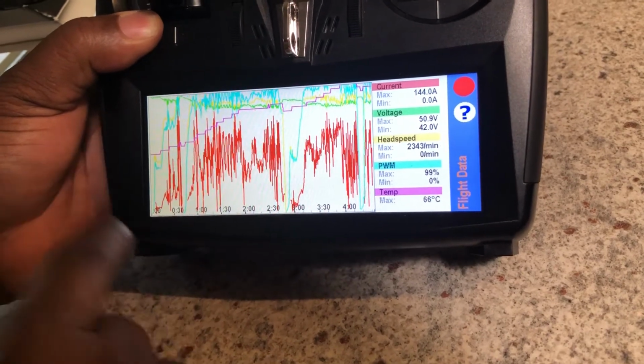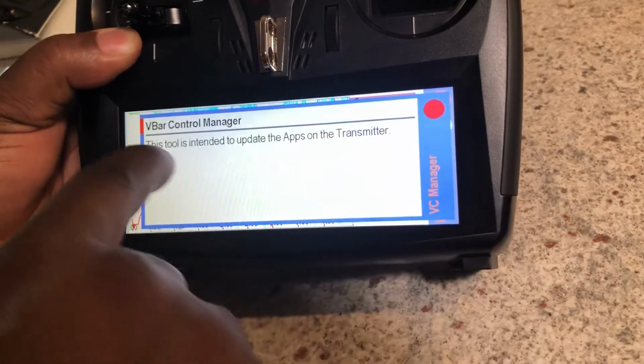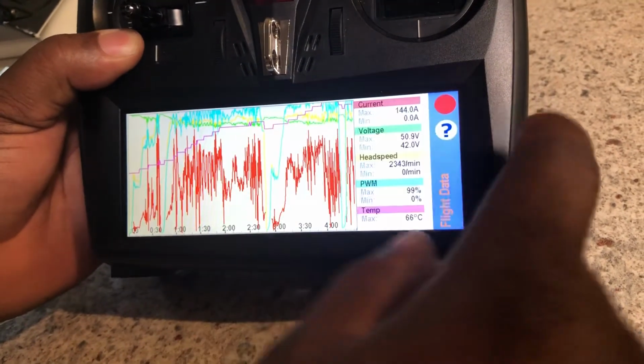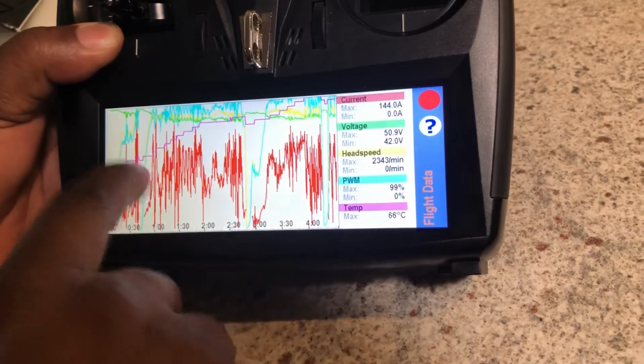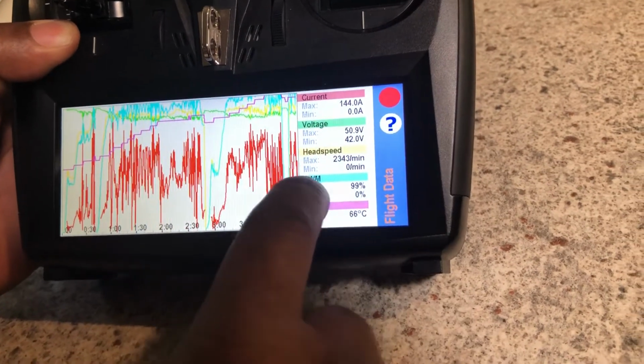Let's say I want to look at this part over here. You come over here, and when you hit this and use this tool, you can update the apps on the transmitter. Oh, that's the manager. You can go to any part of the graph and see what exactly the peaks and